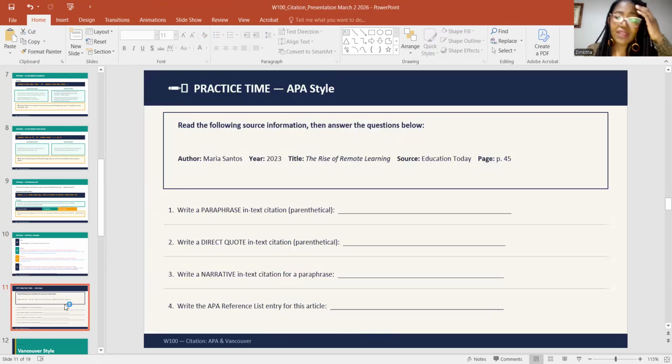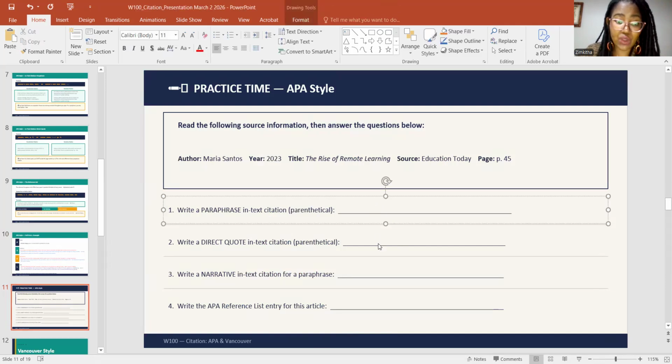Okay? Then I want you to pause the video and do the APA style practice. What I need you to do is take the author's last name and year and practice writing it as if you're doing an in-text citation already. So write a paraphrase in-text citation, parenthetical.